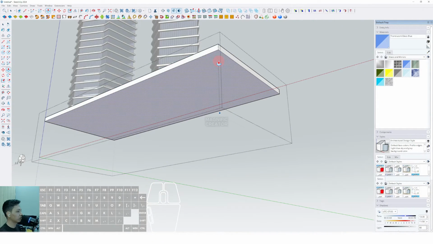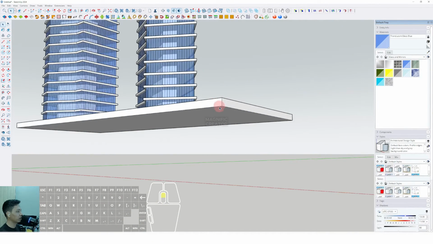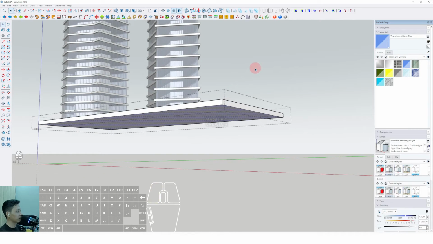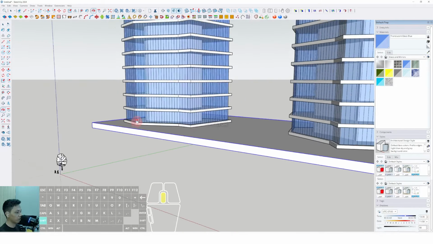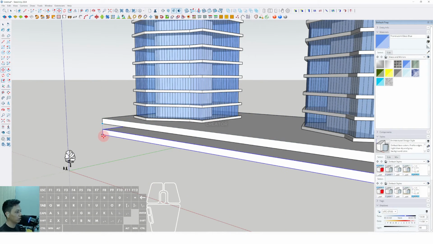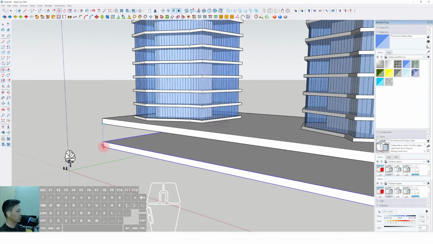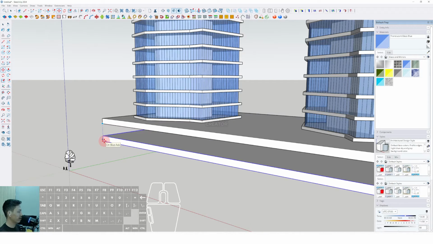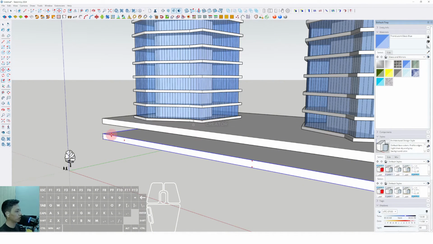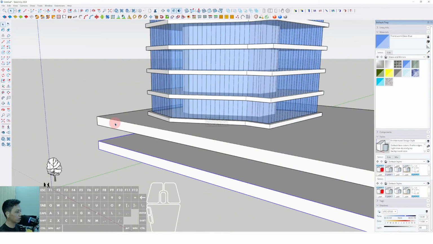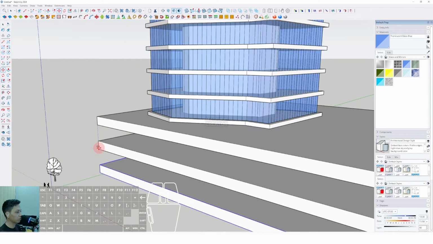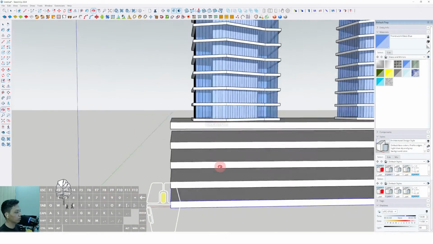We can push it down first. Okay, then we can click this one and right click, make component, create, and we can select a move, tap control, and we can move it down around 7 meter, enter. And you can see about the floor to ceiling in here around 4.6 meter. Then we can select move, tap control again, and move, tap control again, and now we can get the